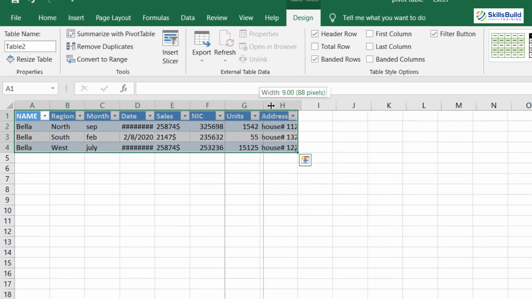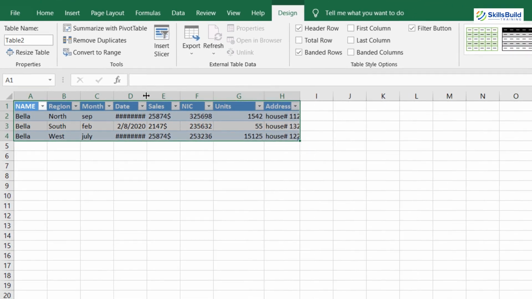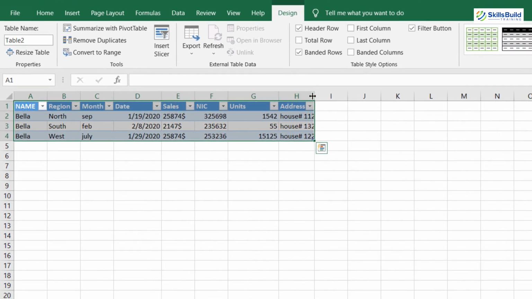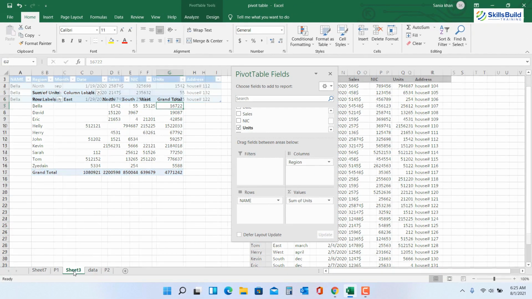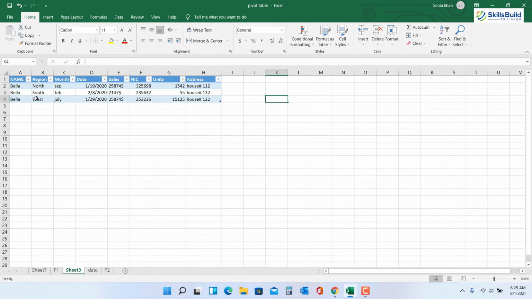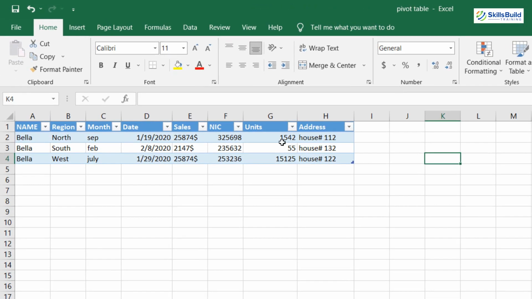If I maximize it a bit so you will be able to see it clearly, you can see I double clicked on this grand total against Bella, and here in Sheet 3 it gave me all the detail of Bella: in the north region the total units of Bella is 1542 and she went here in September, while in the south region her units are 55 and in the west her units are 1512.